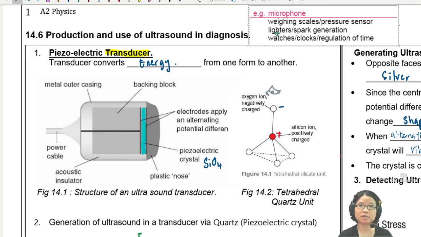I've shown you the lighter before. And inside your watch, there's also a crystal because the crystal can vibrate. If you're interested, go Google. But what you actually need to know is